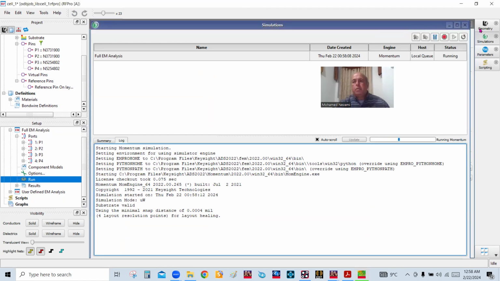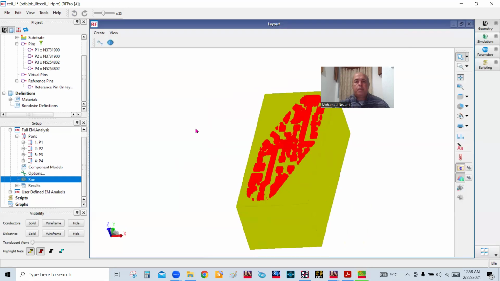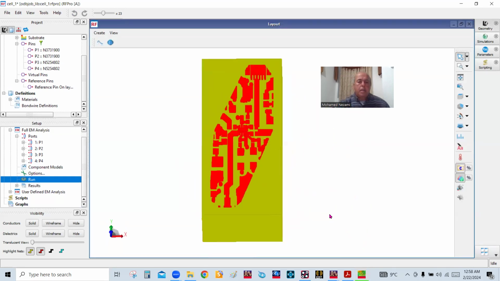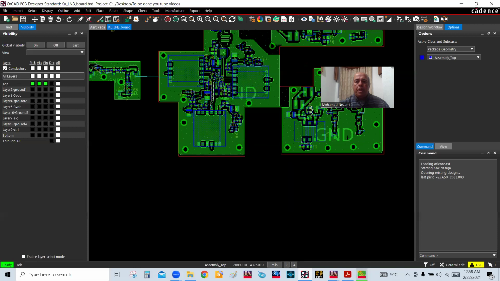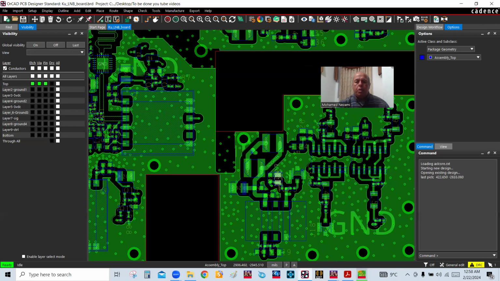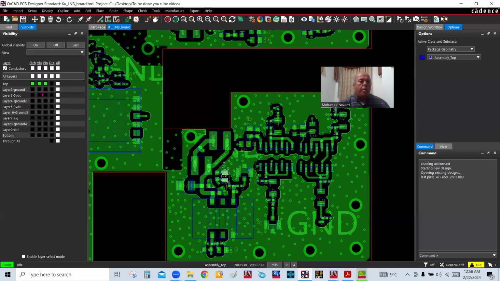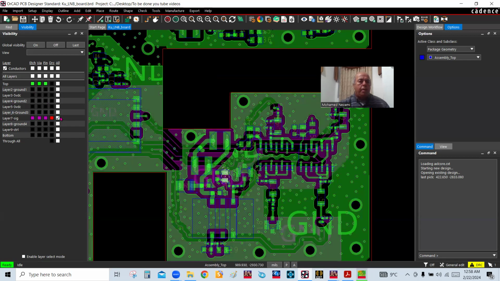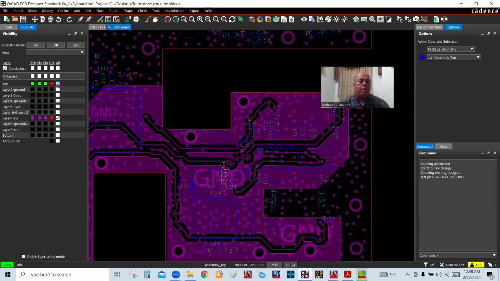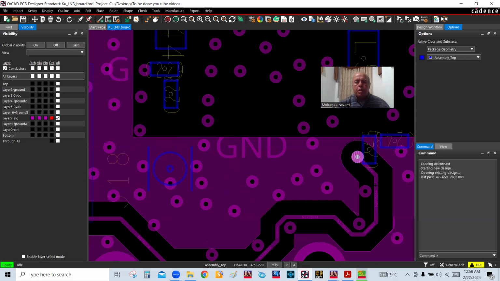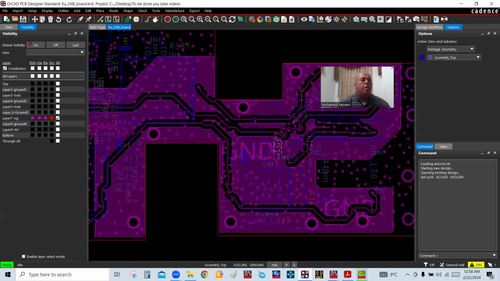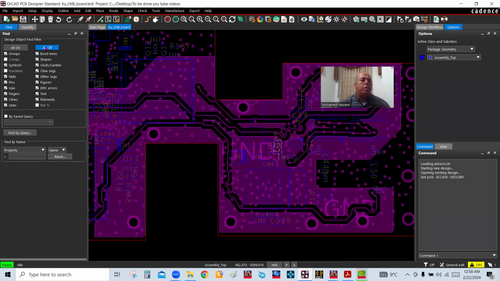All right, so while it's running, let me go back to the layout here and locate another area where I have a concern. This time around, I'm going to put this layer here, the 7th layer, on, and I'm going to hide the top one. And what I'm going to do is, this is a trace here. Just make sure that